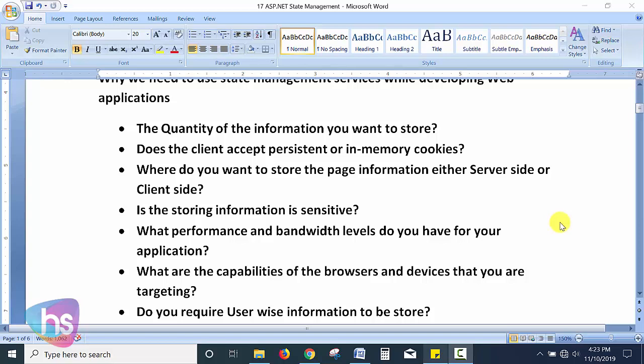We need to focus on the main points. It is very important to consider how much quantity of data information I want to store and keep with the client-side browser page using state management. And does the client accept persistent or in-memory cookies? If the client does not accept the cookies,